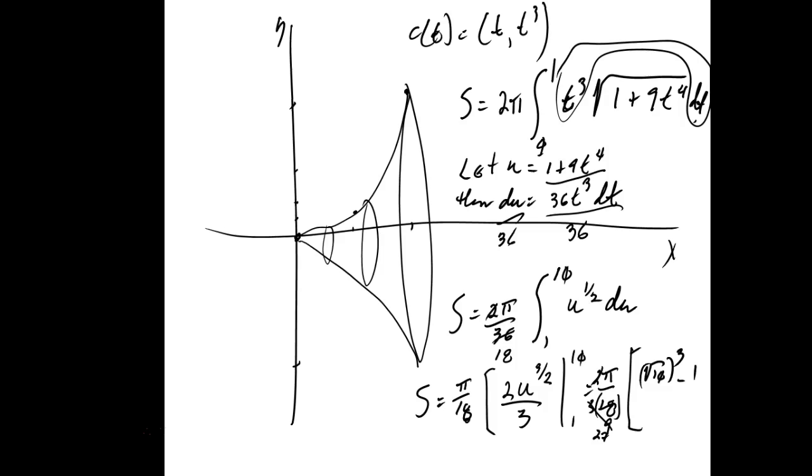So if you got a calculator, do the square root of 10, cube that, or raise 10 to the 3/2 power, I don't care how you do it, subtract 1 from that. That's going to be a little more than 3. Subtracting 1, it'll be a little more than 2. Multiply that by pi over 27th, which is pretty close to 1/3. No, 1/9. So when you do all that, you should get